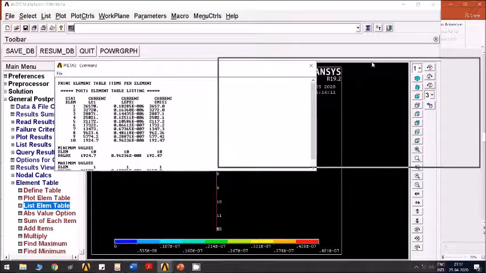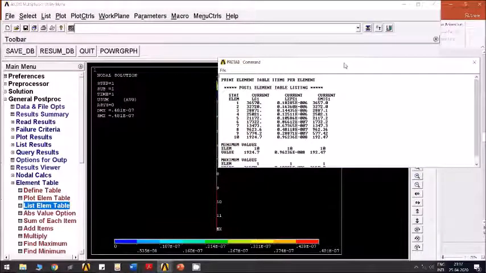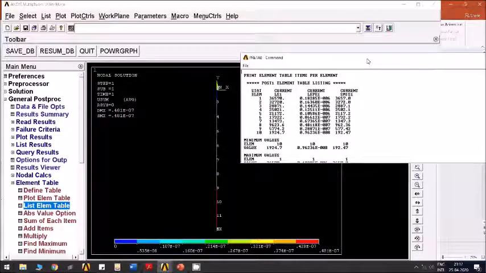So this is a list of stresses, strain and member force.